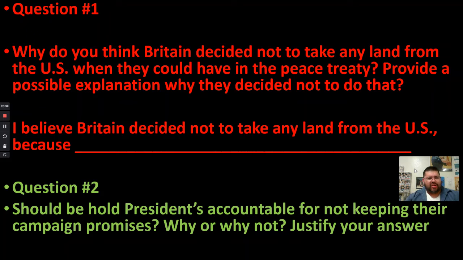So when a president says, when I'm president, there's going to be no taxes and no one has to pay taxes at all, well, now you have to worry about how are we going to pay our military? How are we going to pay police officers and firemen and teachers, if we don't collect tax money? So should we hold those people accountable for making those promises? Or should it be like, no, they had no idea. They thought this is how government worked, and they find out that's not how it works. They should get a pass. What do you think? Should they be held accountable or should they be given a pass?